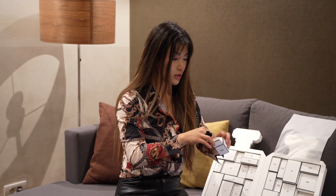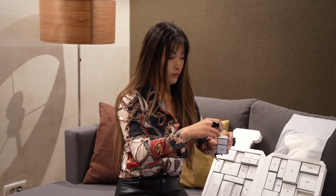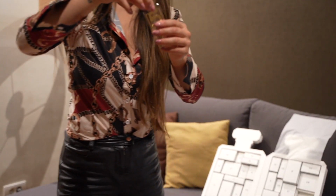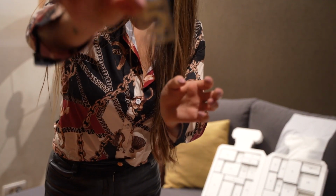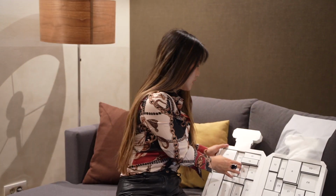Now for 26, we have another light box and, drum roll please, what is it? It's an ornament, it's another Christmas ornament, and they didn't provide strings, which I think is a little bit rude, not gonna lie, but it's number 5. And 27,